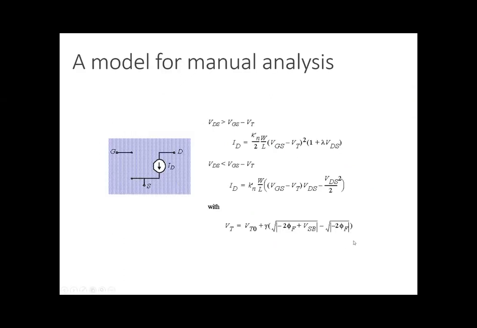So this is the model, and here you can see the one we discussed the other day, that your threshold voltage is going to be a function of this. Normally this value is 0, so this is going to be VT naught, but if you're applying a potential here, it is going to have different values. Here you can see the values in the linear mode and saturation mode, and this is the model.